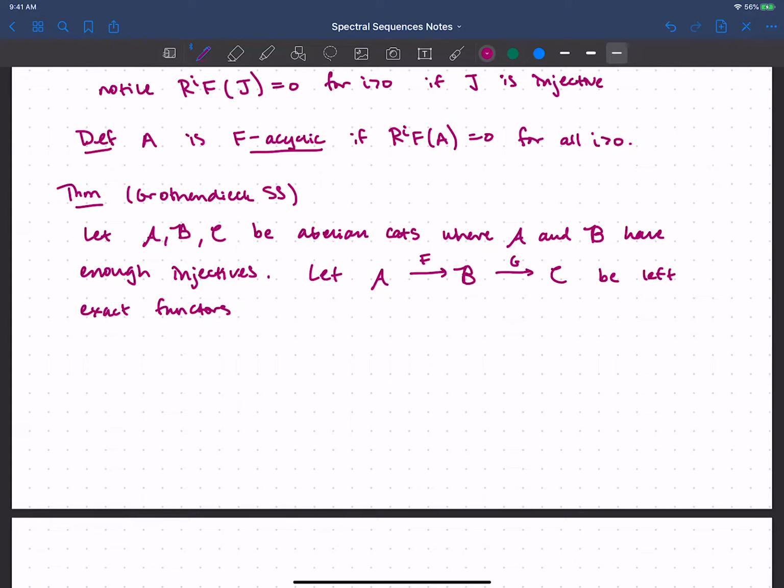And that's almost enough, but I need a little bit more. So we'll say such that F takes injective objects to G acyclic objects. Okay, so of course, injective objects are F acyclic, and we want to make sure that the output of those is G acyclic. So to me, that kind of feels like something about saying the composition is zero in a sense. That's really in a very loose sense, but